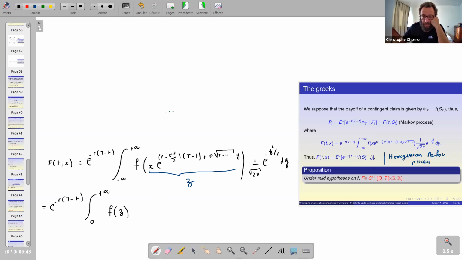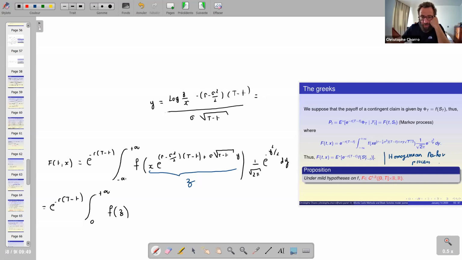So I can do it explicitly: if z is equal to e^y, what is y? y is equal to the logarithm of z over x minus r minus sigma square over 2, capital T minus t, over sigma times the square root of capital T minus t,